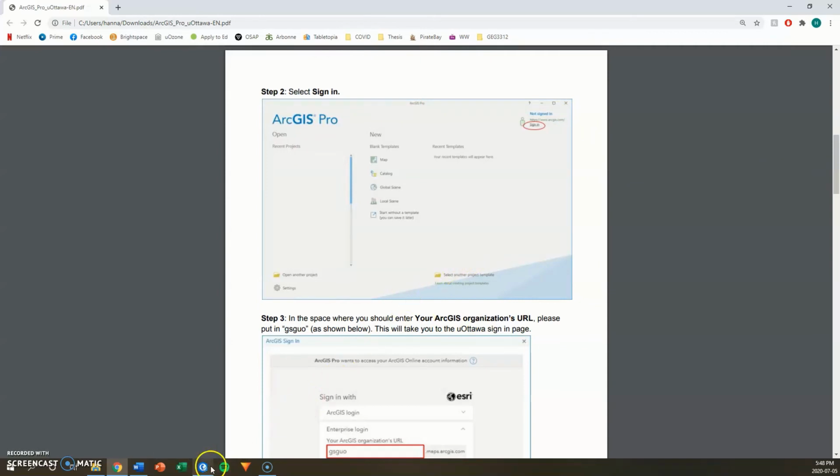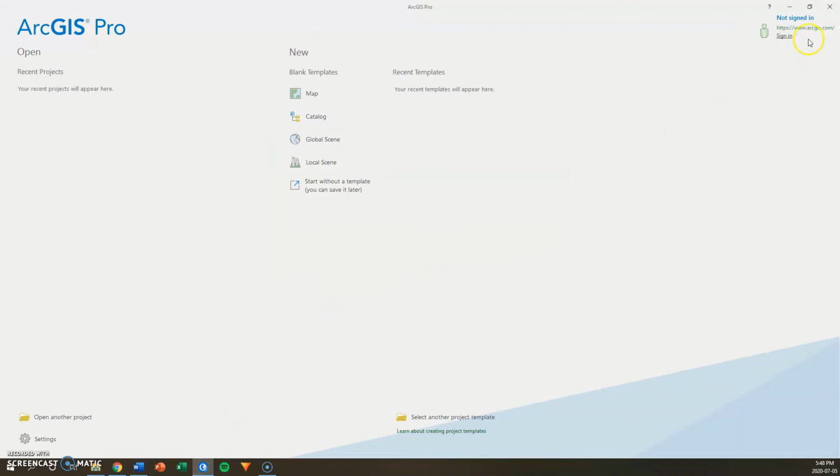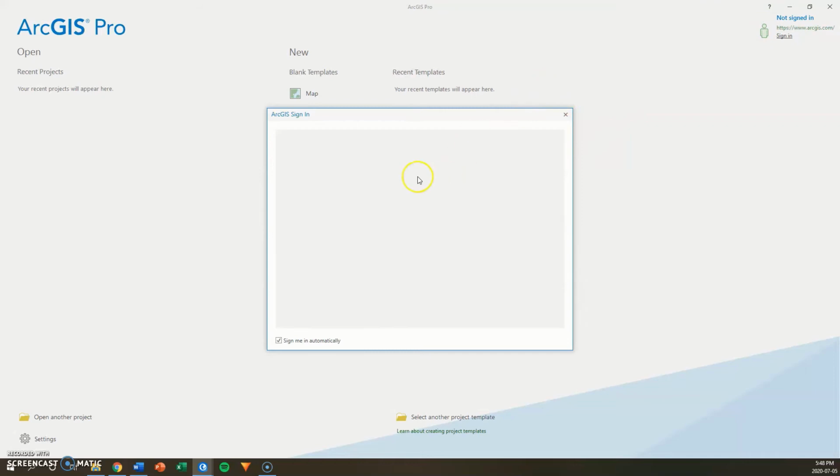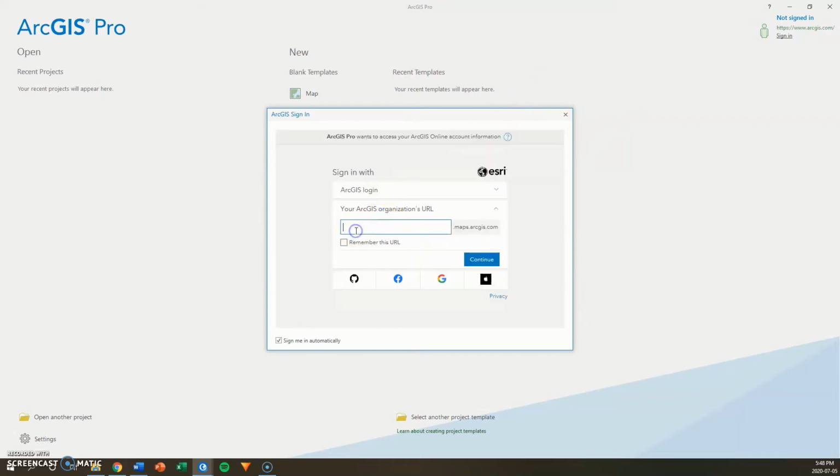I'm going to open up ArcGIS Pro here, and I'm not signed in at the moment. In the top right-hand corner, I'm going to go to Sign In. It'll pop up with a screen for me to sign in. We're going to be signing in to U Ottawa itself, so you're going to sign into an organization URL. The organization URL that you're going to need is just